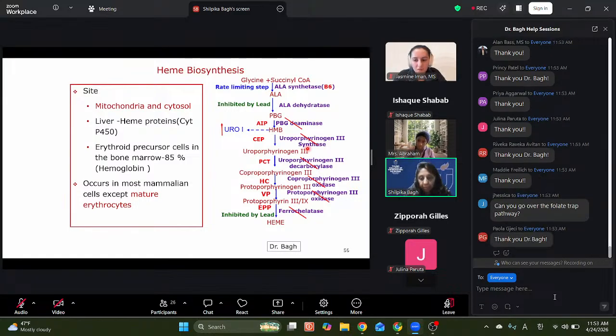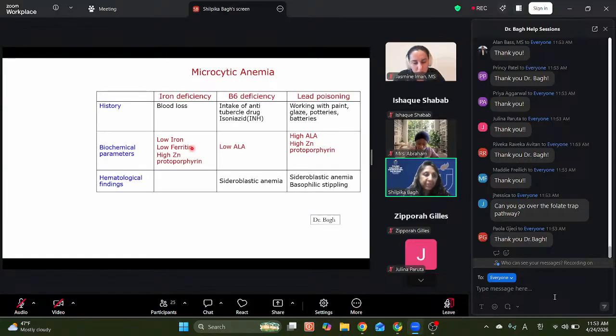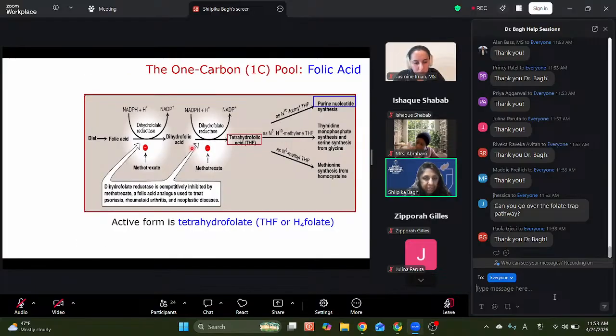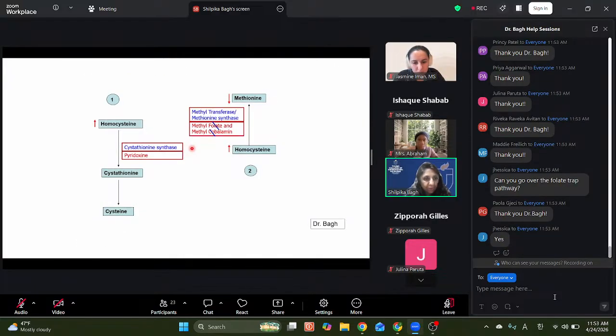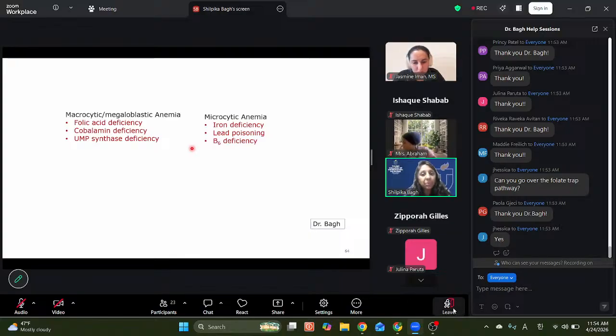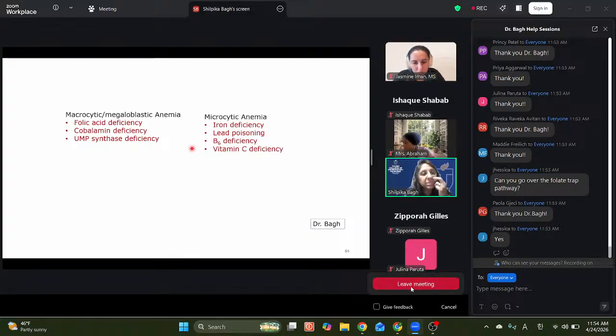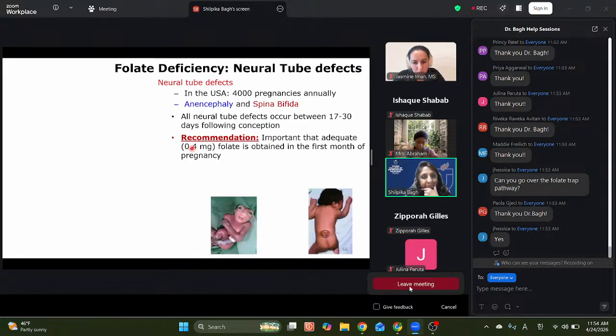Folate trap. Okay, this is folate trap. Folate trap means, in folic acid deficiency, because of low folate in the diet, that causes a problem, right? In B12 deficiency, folate in diet is okay, right? Yes or no? In B12 deficiency, is folate okay in the diet? Nothing wrong with folate in the diet, right? So why then in B12 deficiency do we have megaloblastic anemia? Because in B12 deficiency, folic